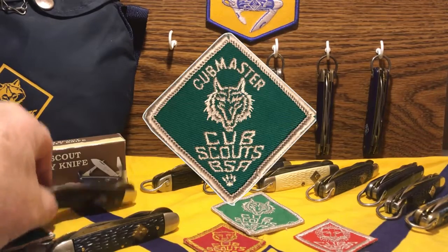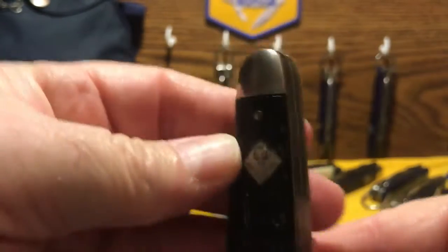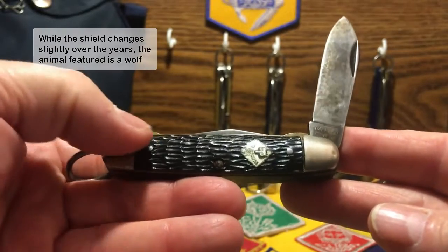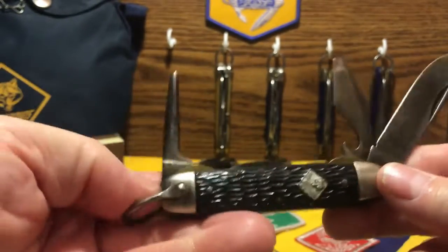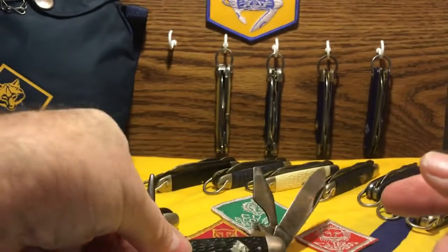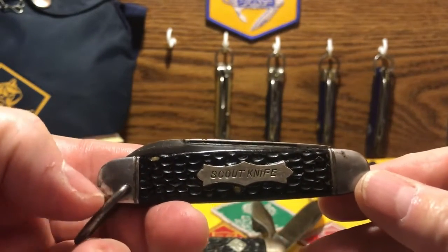and it's at that time that they would adopt an official Cub Scout knife with the Cub Scout logo on it. And here's one. This is one of the first ones ever made by the Imperial Knife Company, and it differs from the earlier Scout Junior knives, or the earlier Cub Scout knives that were unofficial knives, in that the blade choices are different. So here we have your official Cub Scout knife, and you'll notice it has a spear blade, a cap lifter screwdriver, and a reamer, as opposed to the Junior Scout or Scout Junior or unofficial Cub